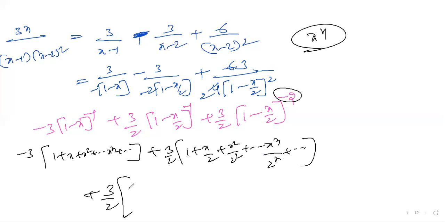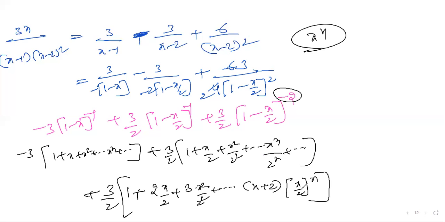The formula is different. What is this? 1 plus 2x plus 3x square up to so on. This nth term is different. Please try to write (n plus 1) into x power n. Previously it was different, just x power n. Here you have to write down the formula: 1 plus 2x plus 3x square up to so on (n plus 1) into x power n. This is very important, the nth term. Please let us look into that.